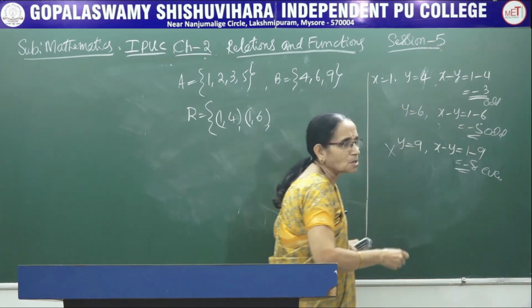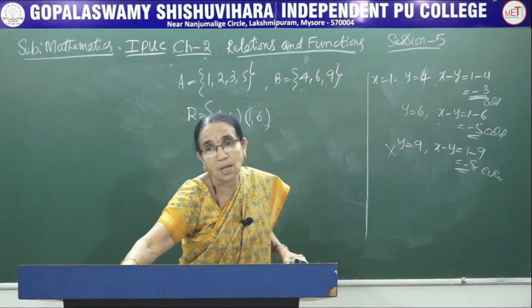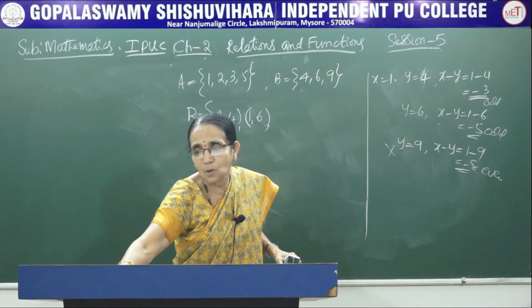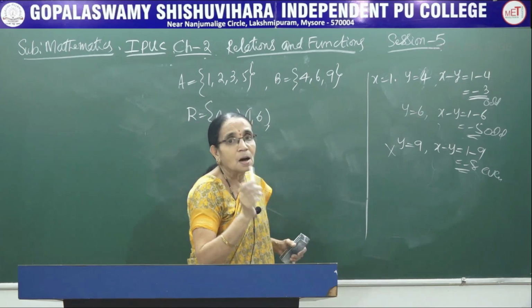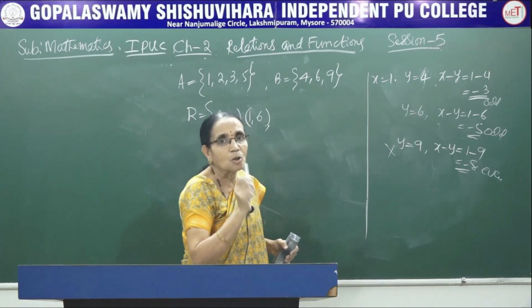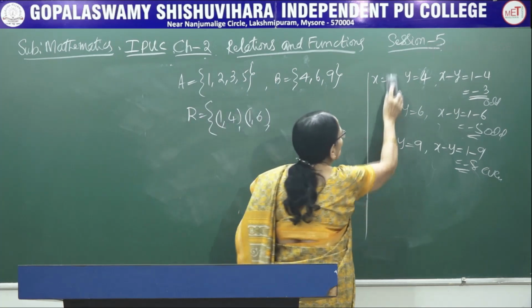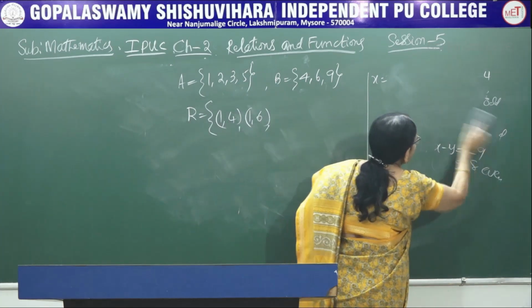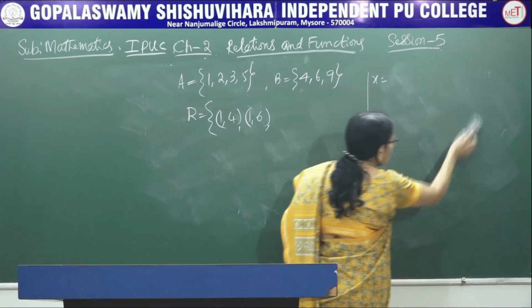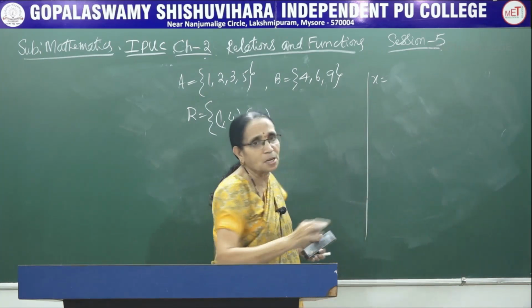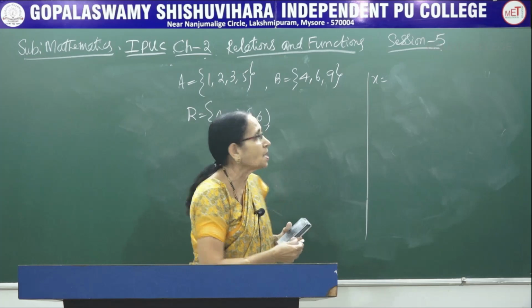So, this combination we do not want to take because we are interested only in considering the odd number, not the even number. Therefore, that combination does not hold good. Now, let me consider the second number. Always go in a systematic way so that you will not be missing any element.